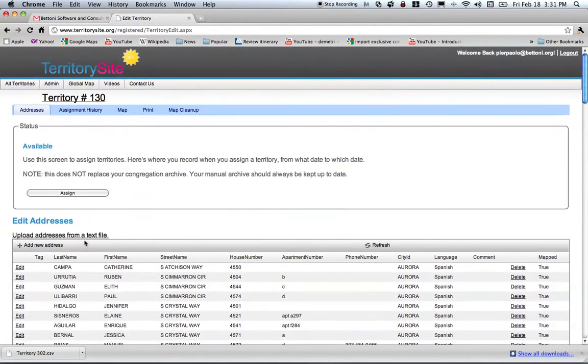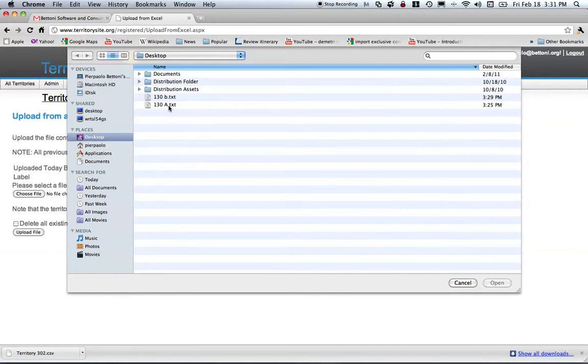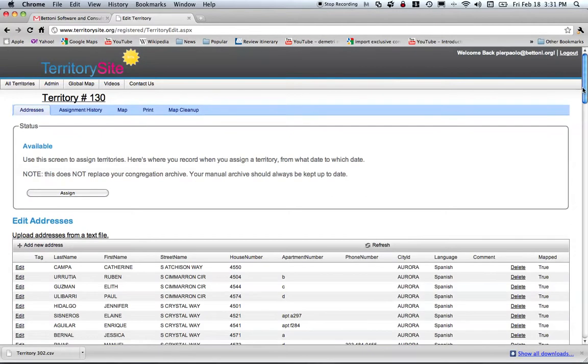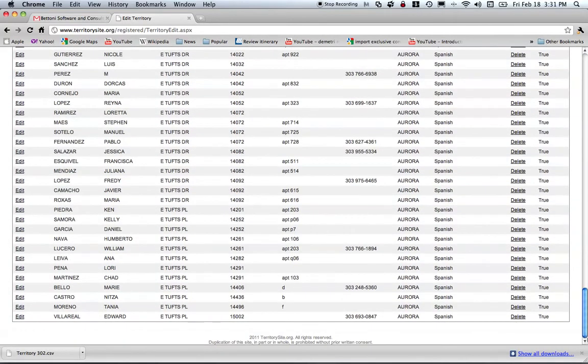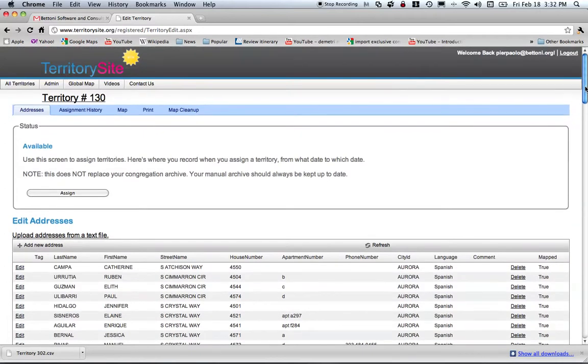This was just a part of the territory, so what you can do is upload again, choose the file, and this time choose the other part of the territory and upload it again. We won't do it just because I don't want you guys to have to wait. But you basically would do the same thing for every file that you downloaded for that territory. And at this point, you have all of your contacts here in a nice and pretty list. Keep in mind that ColeInformation does a pretty good job at looking at the area that you had selected. So, but it's not